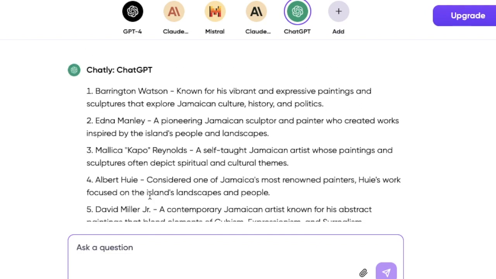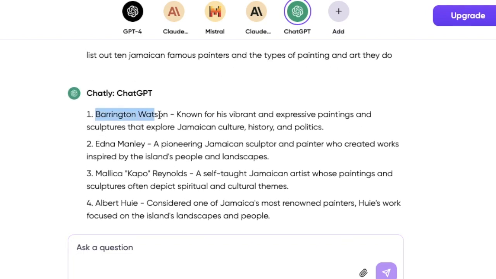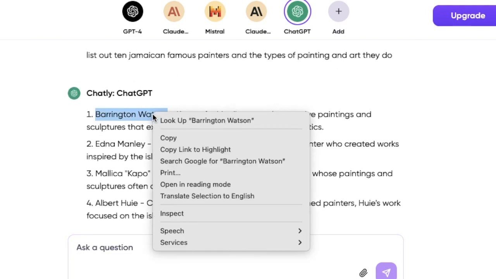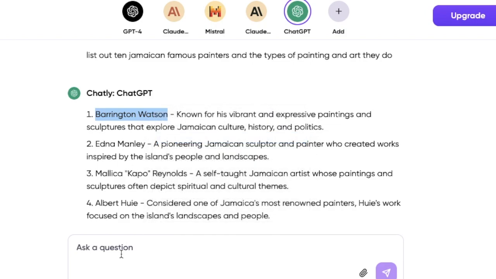Alright, so let's go back to this one. So let's say you are a student and you're doing Barrington Watson. Barrington Watson is your artist. You can type in his name and ask. I already asked it, but I'm going to show you again. No, you know what? Let me try somebody different. I'm going to try Edna Manley.